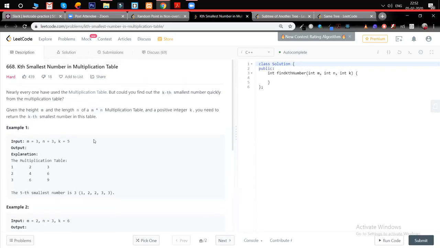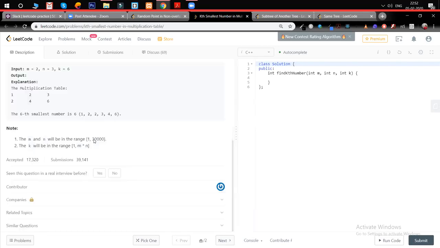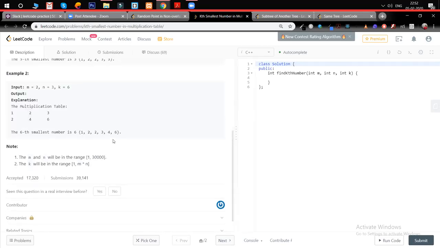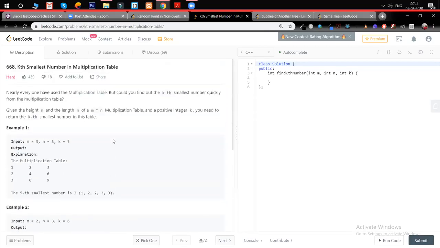Yeah, I saw some similar questions, where you have a sorted row and sorted column given, and you need to find an integer in there. Order of n square is the brute force for it, and you can do it in order of m plus n if you start traversing from the bottom. I was thinking in the same direction, but here we need not one integer but the kth smallest element, so we will think of something like a heap, which will be storing k elements at a time.